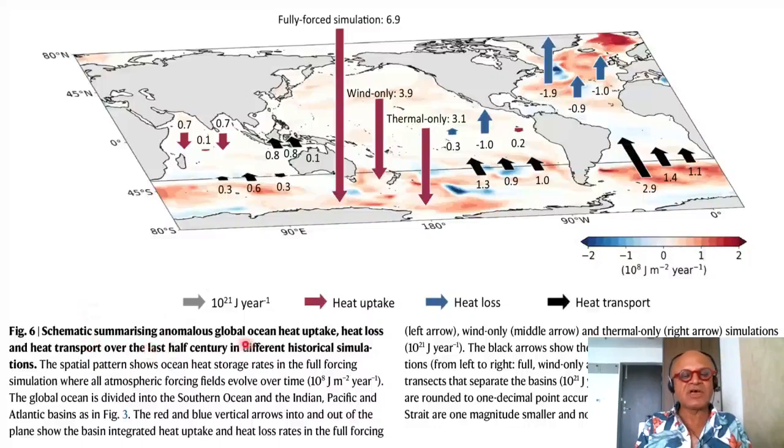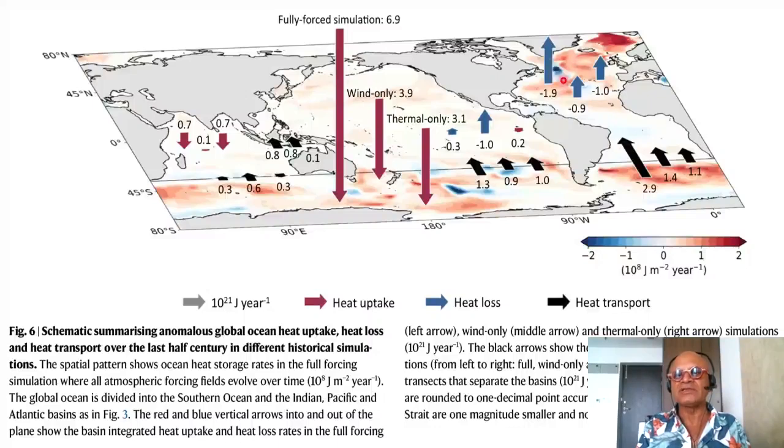Schematic summarizing anomalous global ocean heat uptake, heat loss, and heat transport over the last half century in different historical simulations. The spatial patterns show ocean heat storage rates in the full forcing, where all atmospheric forcing fields evolve over time, in 10 to the 8 joules per meter squared per year. So red colors are where the heat storage is happening, and this is a strong hotspot of ocean heat storage